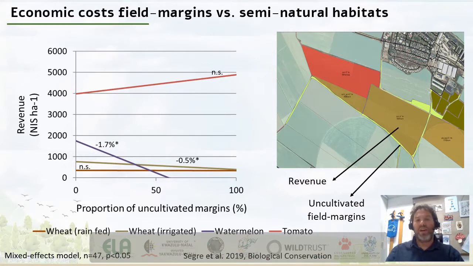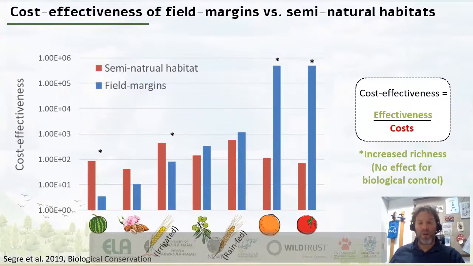two scenarios. One scenario is conversion of the crop to natural area, or establishing field margin around the plots or within the plots for orchards. And our results could help us develop an indicator of cost effectiveness. So the effectiveness in this case is only ecological effectiveness, and the cost is the cost to the farmer, either the fact that he loses the land or having to arrange or restore weeds and the damage associated with it.